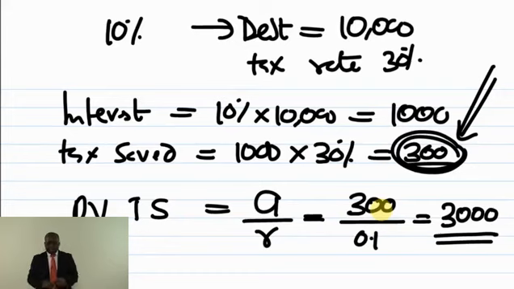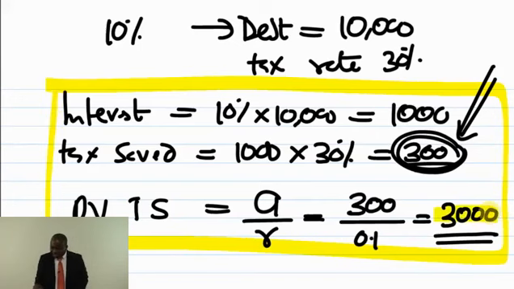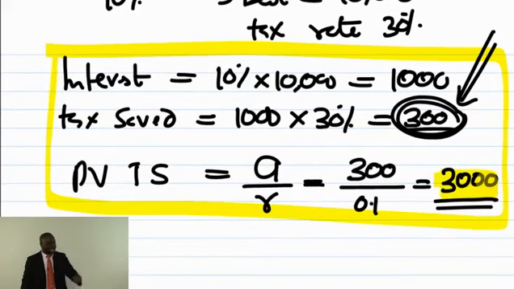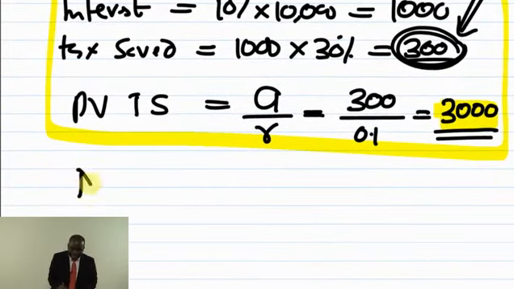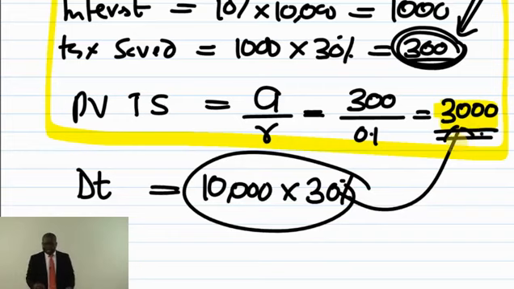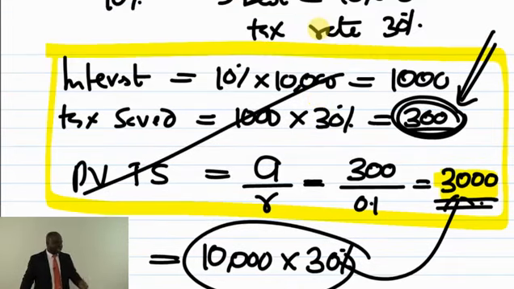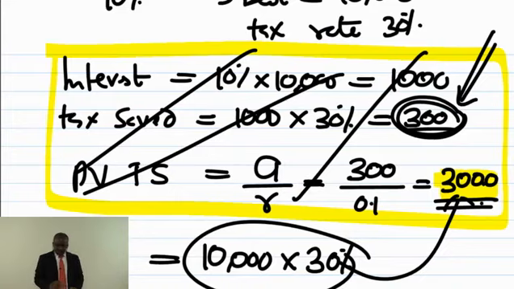Miller and Modigliani were trying to prevent you from going through all this hassle, because this 3,000 that I have got as the present value of the tax savings can simply be calculated as DT. D is the value of the debt, which is the 10,000, and the tax rate is 30%. 30% of the 10,000 will bring you to the 3,000. So DT is the fastest way of doing this long present value analysis. That is the reason why in their formula they concluded that instead of doing all these to get the 3,000, you can simply get it at what?